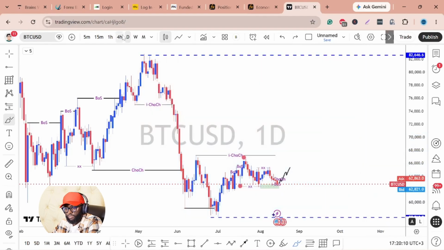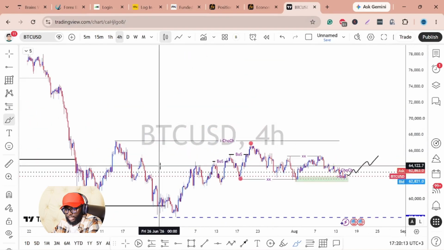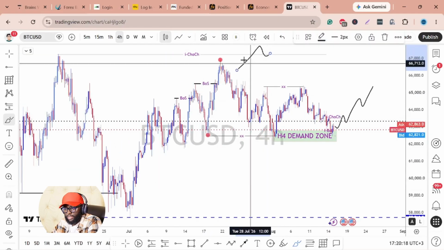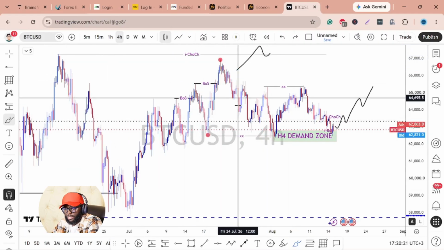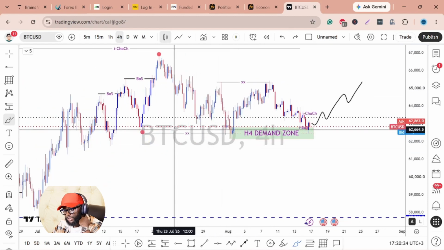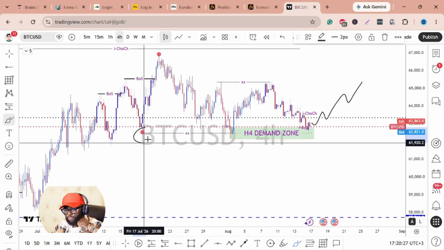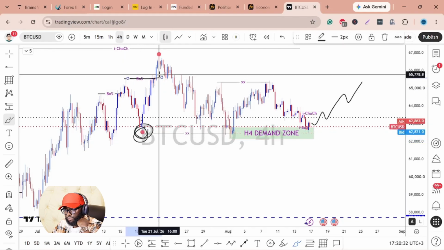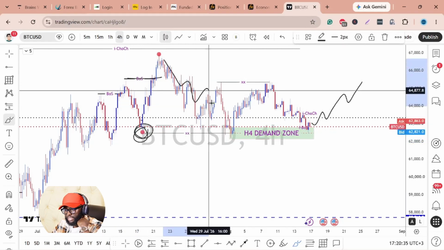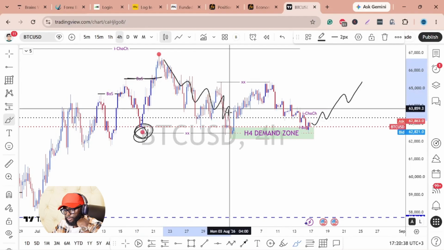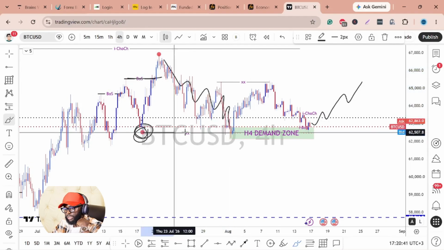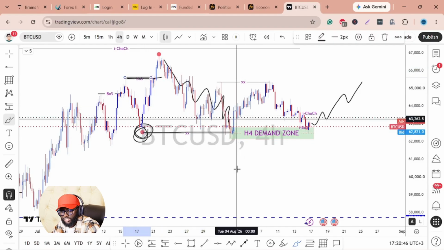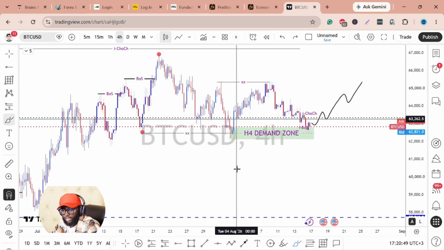Now, going down to the 4 hour time frame context, price was making higher highs and higher lows from this structure. So my expectation earlier was for price to break this swing high over here, so for us to continue that bullish momentum. Unfortunately, that did not happen. However, we still have buyers defending the last swing that caused the last break of structure. So if you can see, we've been having some bearish price action here, and I've actually been having a few shots on BTC USD, but price is yet to break this level, which is the swing that caused the last break of structure. Therefore, it tells you that buyers are still in action.